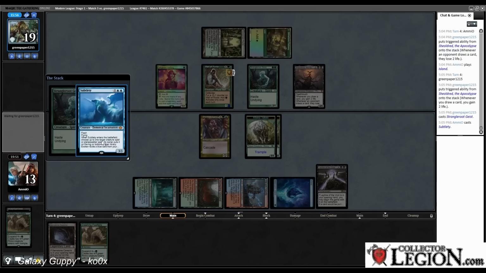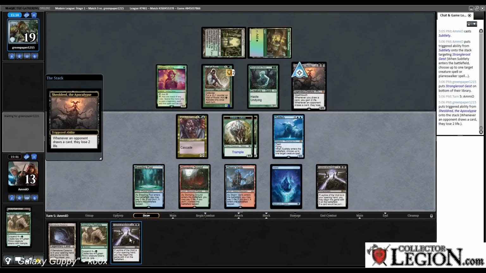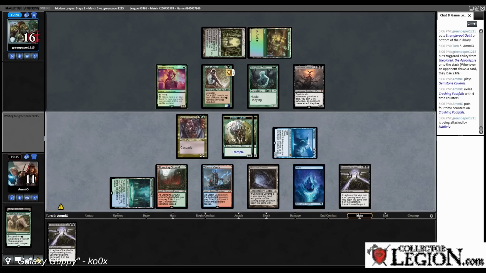Because they're playing this rather than play anything else. All right, target that. All right, we take more. We drew Leyline of the Void, which is completely useless. So let's go land, suspend Footfalls, and then just attack with Subtlety. So we can never win the race as long as Sheoldred's in play, but...